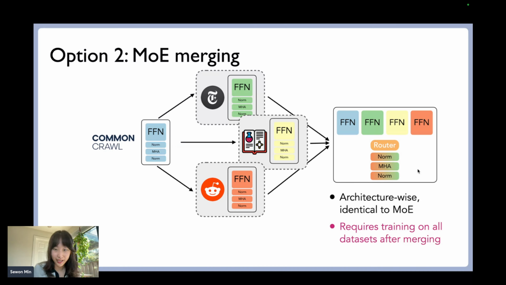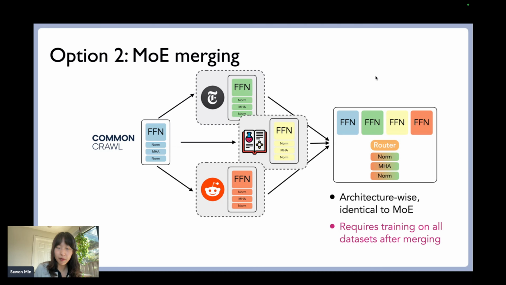However, there is one limitation, which is that it requires training on all data sets jointly after merging happens. So it's not that after merging, you can use the model as it is. You need to do some joint training over all data sets. And the main reason that we need that is because of this router. As I mentioned earlier, this router needs some parameters to train, which is the router matrix. But when we merge different dense models trained independently, we don't really know how to form the router. So they typically need to train this router, or all parameters of the model, on a union of